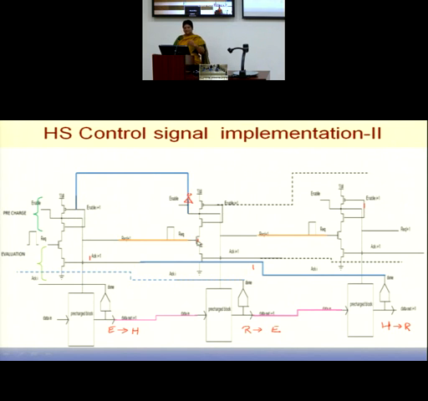I'm tapping the signal in between and giving it as a request. Naturally, the polarity of this signal should be consistent with the polarity you are getting over here. Then only I can use it, because my actual operation should not be changed. So if this is a 0, this must also be 0. If this is 1, this must also be a 1. So that the signals that I am getting are equal, they are the same. Because this should have gone as a request to here.